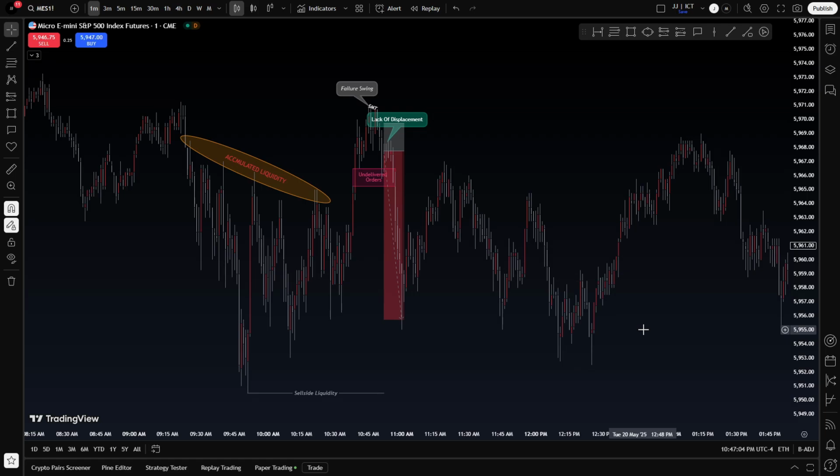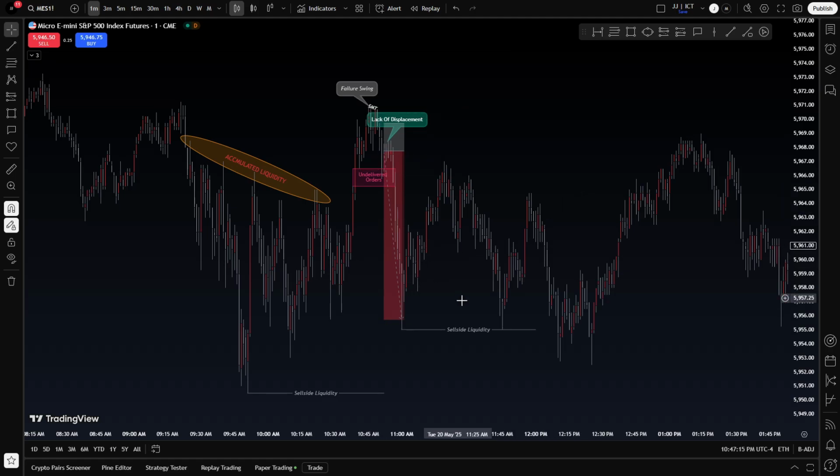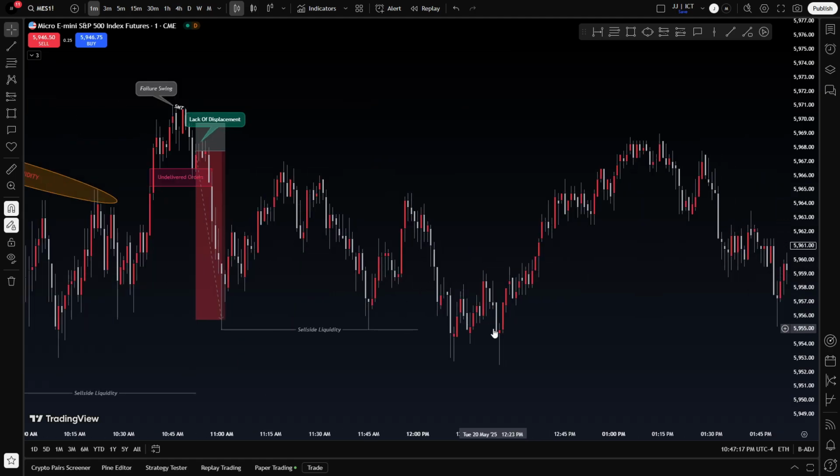What are we doing within this time distortion? What are we doing, JJ? Do you know what we're doing? Lows of equal lows here, that's created. See that? Got sell side liquidity down here. After the time distortion, well, even still during the time distortion, price comes down, breaks those lows,